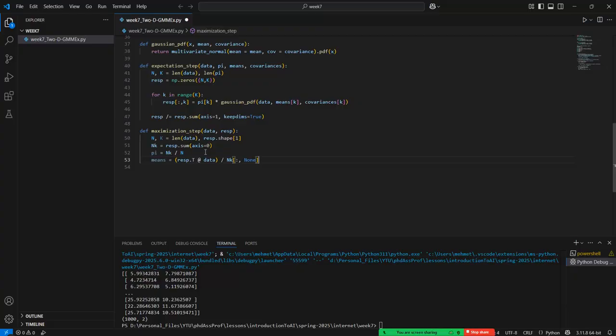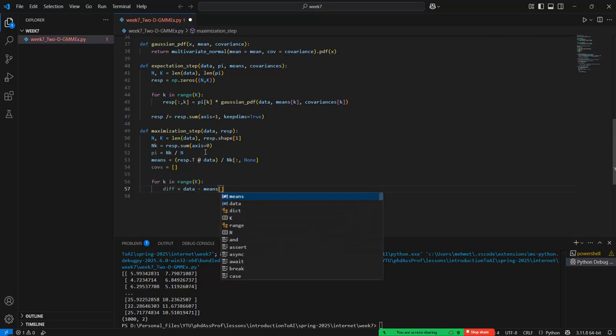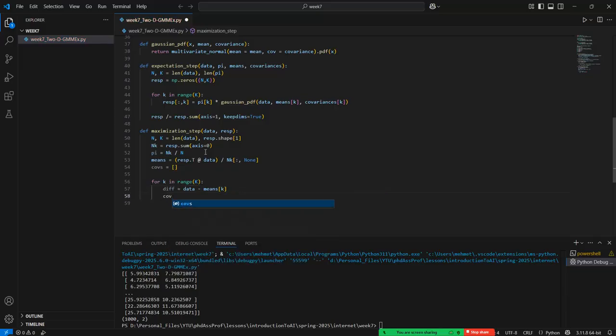This is the array representation of the one-dimensional data. We can use the None in here. The curves can be assigned to an empty list, and after that, for k in range of K, the difference of the data minus means k is the residual values, and so the curve k is assigned with the diff times responsibility rate of k to k plus 1, and so t at diff